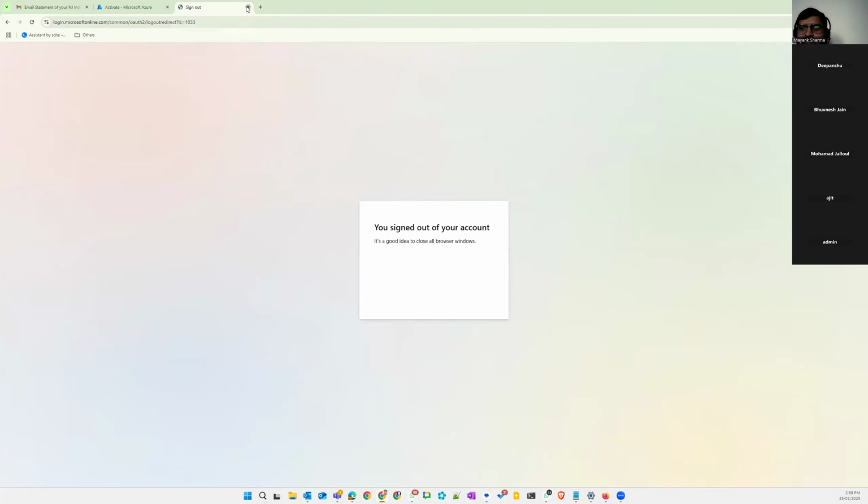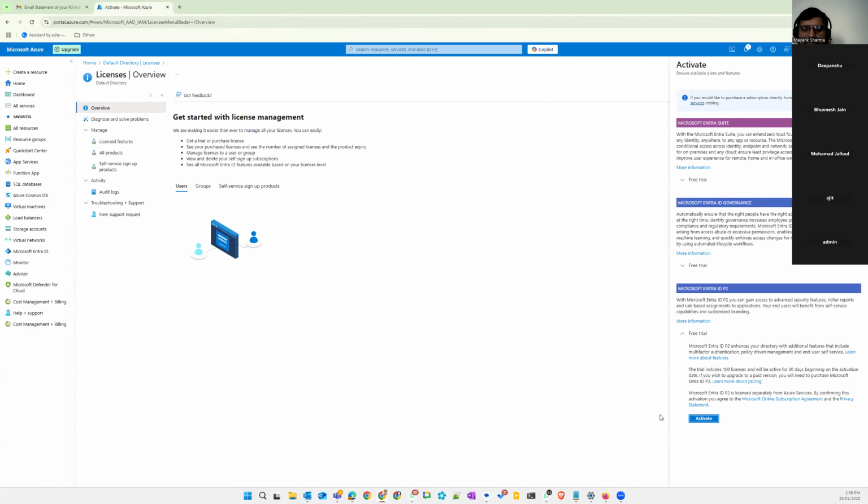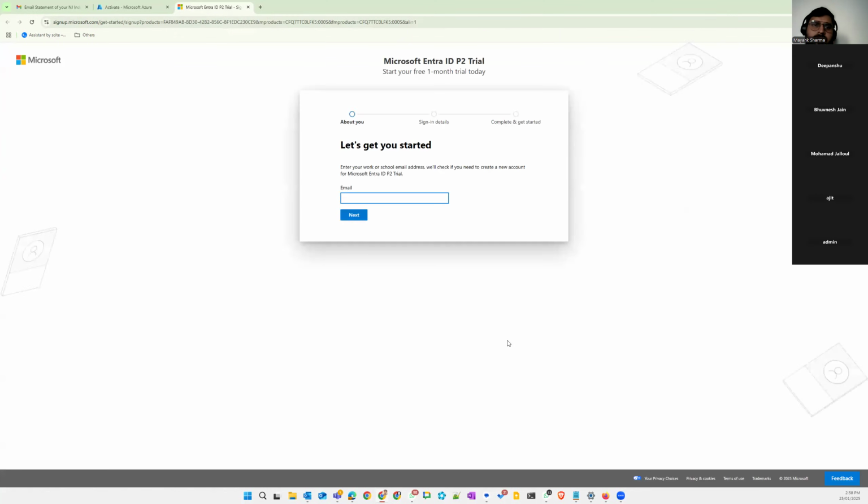Let me see if I have any work account which has this. Google.azure.com. So I have to enter here a work or school email address only. It will not allow me a personal email. No, it is not allowing personal email, right? Yeah, it's asking for the work or the school email address only.